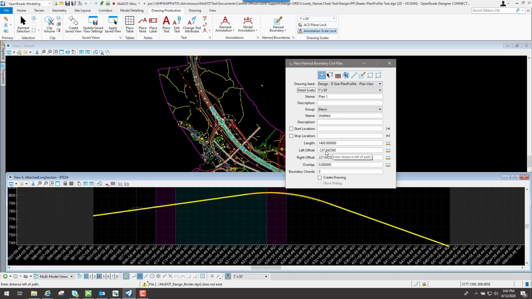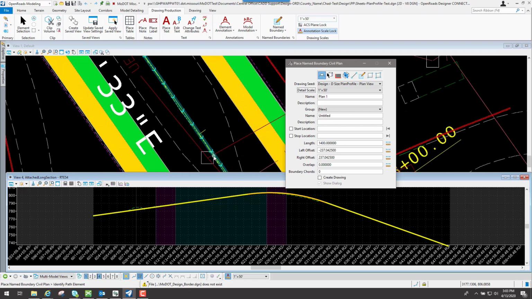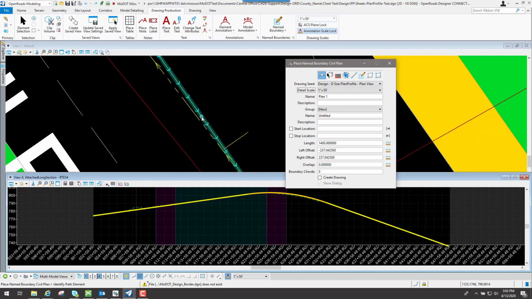And for this particular option that we're doing, we definitely want to uncheck this one right here that says create drawing. We're going to go ahead and leave that unchecked. Now if we're ready to go through here, we're going to go ahead and select our path. We're going to identify our path. Now we'll zoom in and I will select